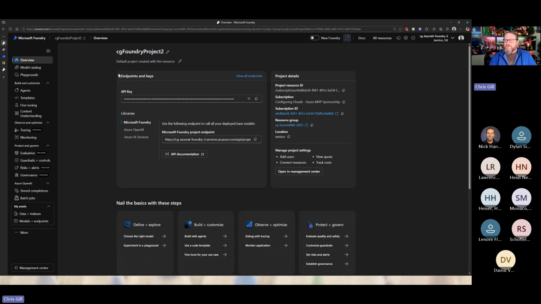So when we talk about Foundry, you basically have a project, and a project is created with any number of resources. On this left side, you'll see content understanding, agents, knowledge, governance, and all kinds of other bits and pieces. What Foundry really allows you to do at the end of the day is take multiple Azure resources and utilize them within an AI project. This has been built out as a Q&A bot with a grounded or RAG approach to some data. So what does that mean?